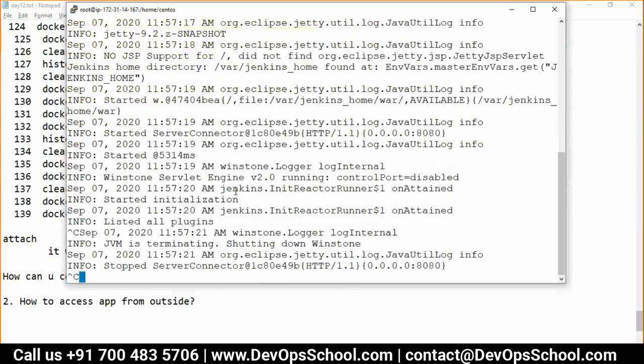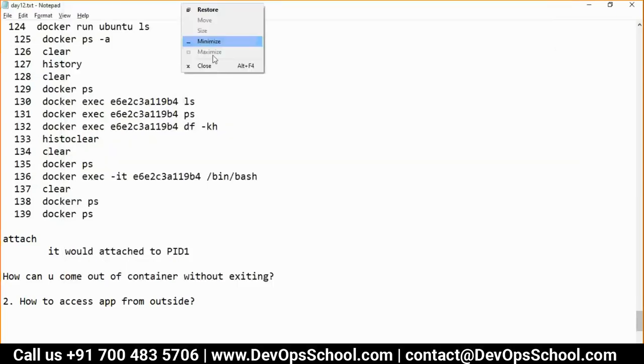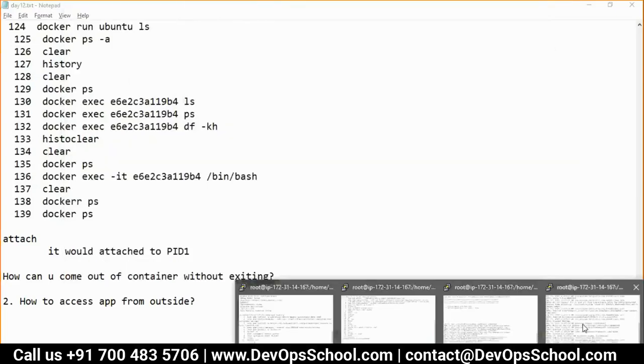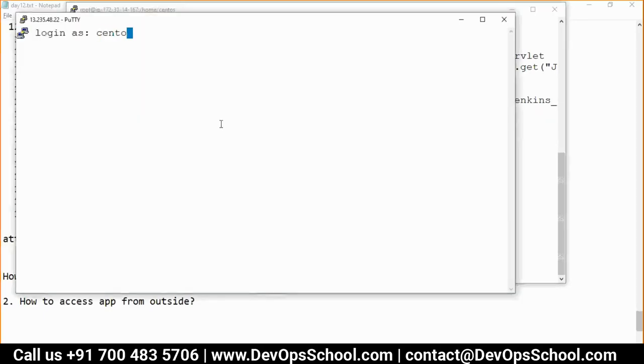So here, what do you do? Run will not work. How come run was working in one condition and run is not working in another condition? I got stuck. So how come? See here, very simple logic. Run was working in another condition, run was not working. Let's look at this here.